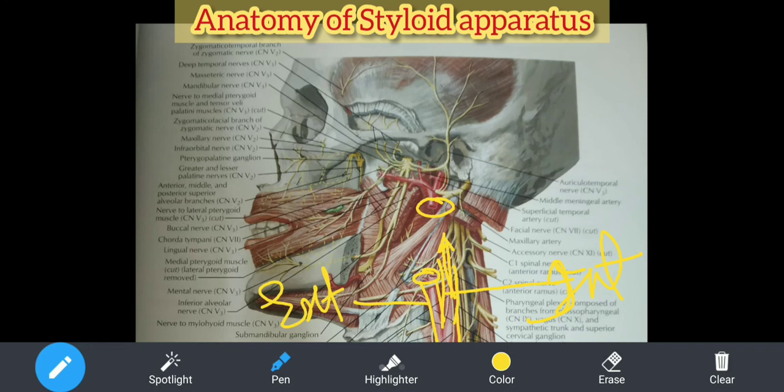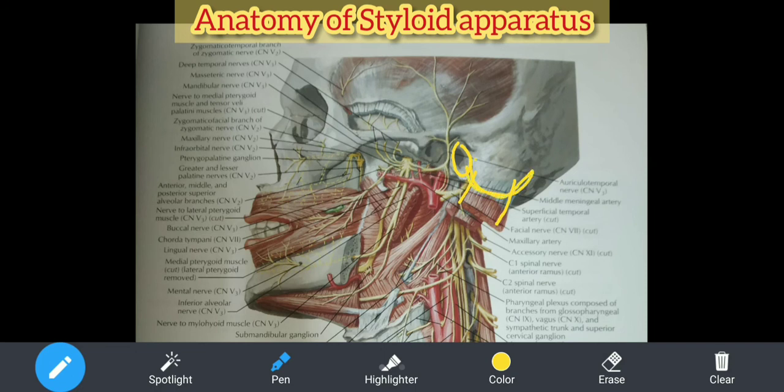Now, what we are going to see is that the external carotid artery is related to the styloid process. How we will see? I will erase all this labeling. Just follow my pointer, red color pointer. First I will mark the styloid process. Can you see this external acoustic meatus? Then this is the sternocleidomastoid belly, or you can say insertion on the mastoid process. Now if you see medial to this external acoustic meatus, can you see this one? There is a facial nerve here. First we will finish with the nerve. I am highlighting the labeling. Facial nerve. If you trace the labeling, it is this one.